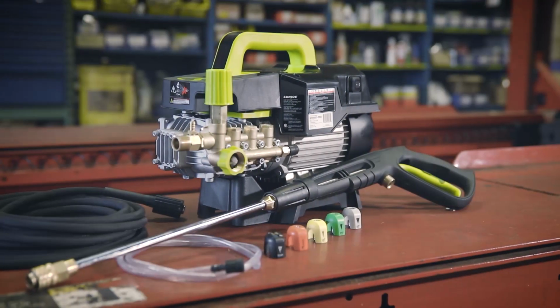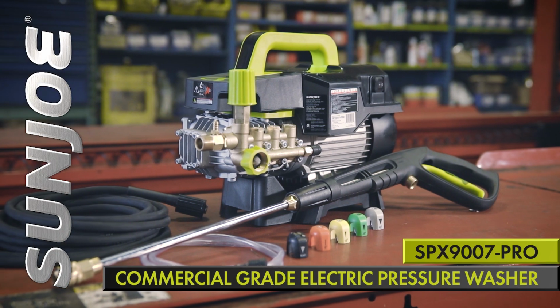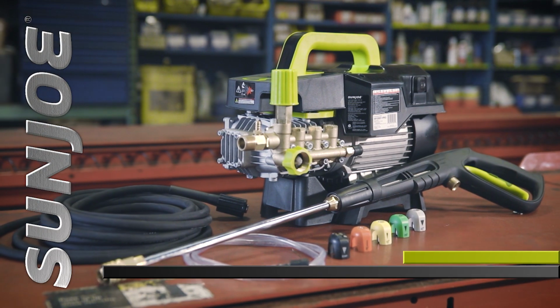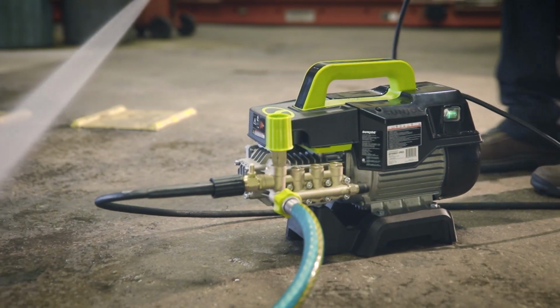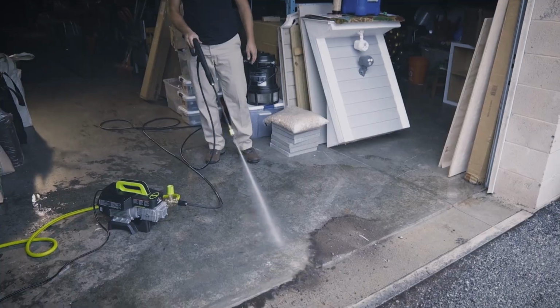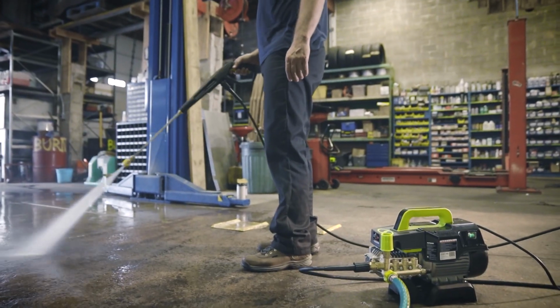You name it, you aim it, grime is gone. Your dirty jobs just got done with the SPX9007-PRO commercial-grade electric pressure washer from Sunjo. Featuring rugged pro-quality equipment designed for commercial use at the worksite, restaurant, retail store, repair shop, and more, Sunjo Pro